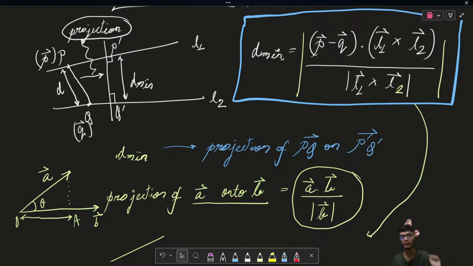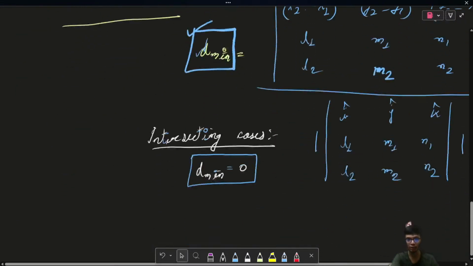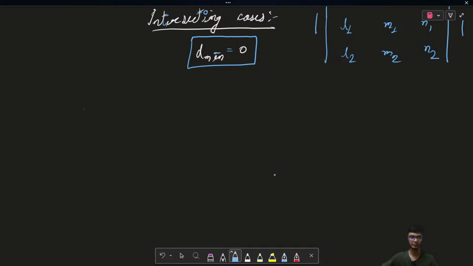However, I need to know the equation of this line. If I need to know the equation of the shortest distance line,